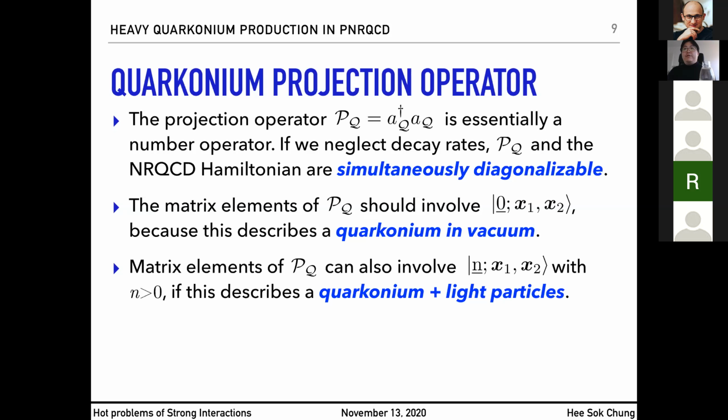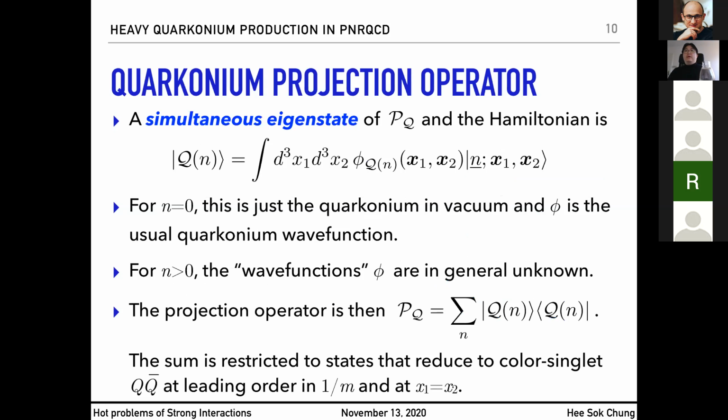Also, the matrix elements of this projection operator should involve this ground state, because this describes a quarkonium in vacuum. But not only that, the matrix elements of this projection operator can also involve higher excited states with n larger than 0 if this describes a quarkonium plus light particles, meaning anything that can be produced from light quarks or gluons. So in general, we can write a simultaneous eigenstate of this projection operator and the NRQCD Hamiltonian as a linear combination of these